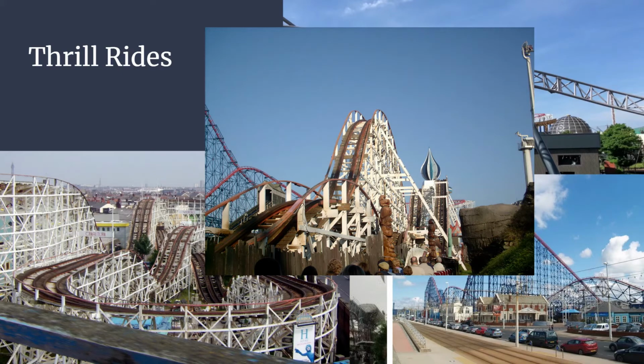It can be a bit rattly, but I've noticed lately they've done a few retrack jobs, and it does make it a lot smoother. And this was, I believe, the first coaster to ever have an upstop wheel, which basically means that it can have more ambitious jumps and get to bigger heights, because it has the wheel that stops it from flying off. So this is a very impressive coaster, and I really do quite like it,